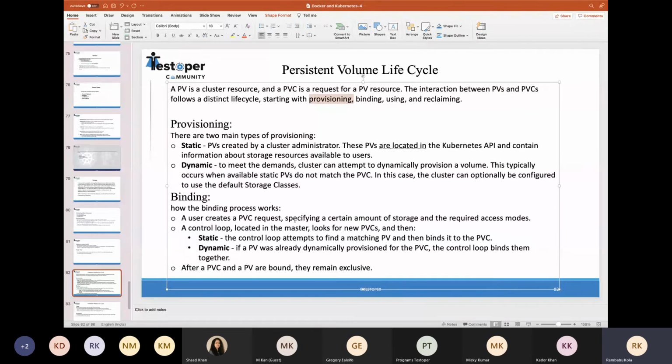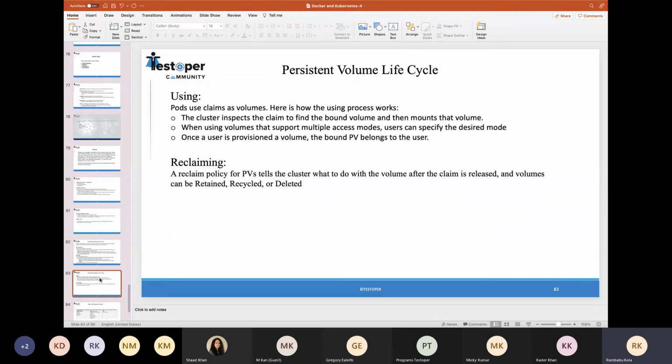So that is static and dynamic binding, the same way as provisioning. And using is the same for the cluster. Whenever we initiate the binding, it will try to find the bound volumes and mounts that particular volume to this PVC.